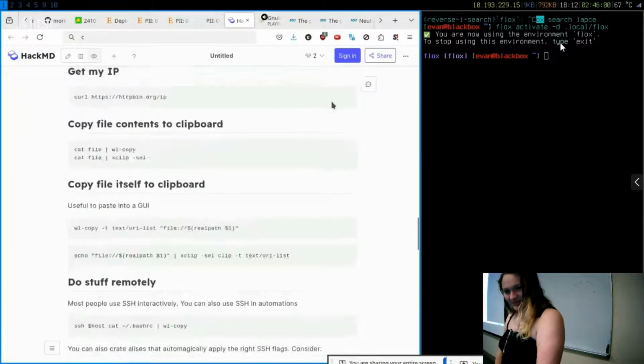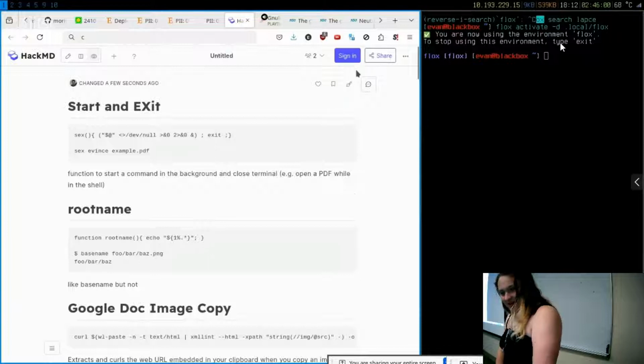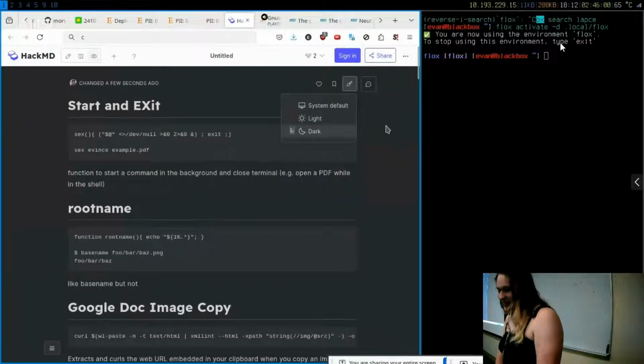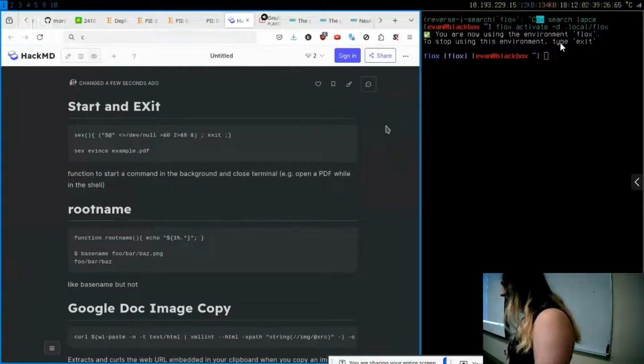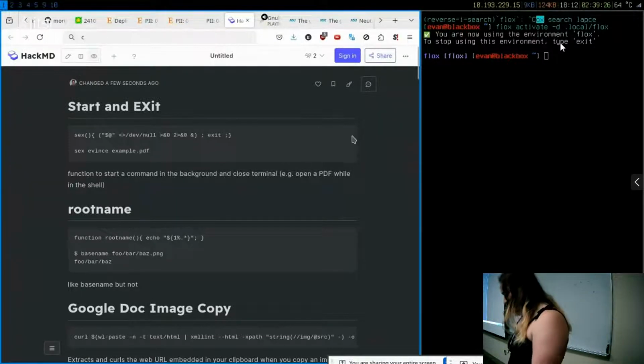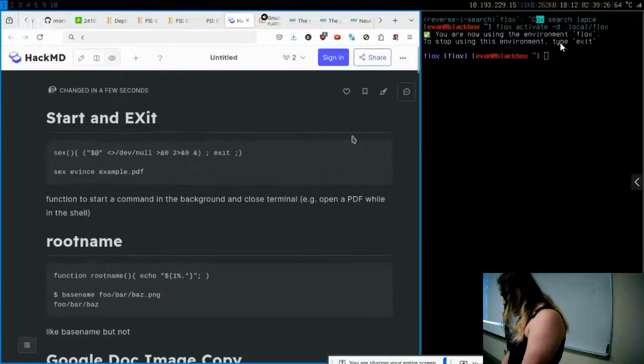You're brave. Okay, can we please turn it to dark mode? Mine defaulted to dark mode. Why do you hate us? It must be reading the system default. There we go. That's a little better. Thank you for sharing with the class.